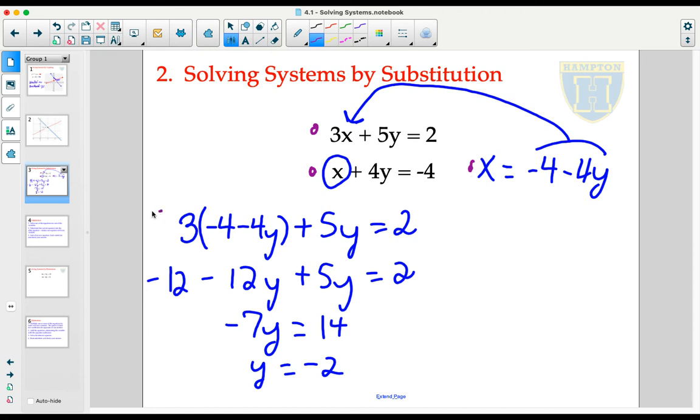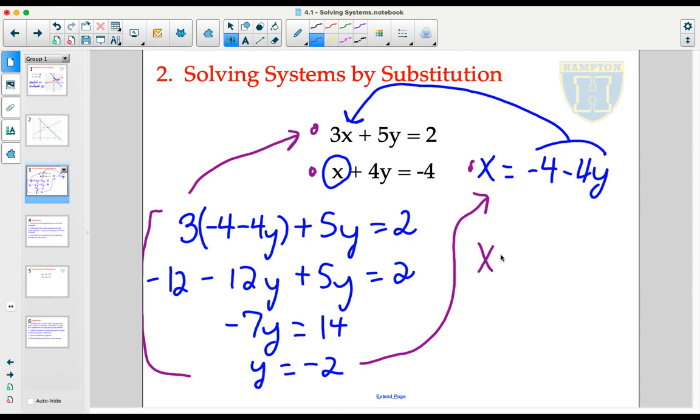However, because you did just work with 3x plus 5y equals 2, it's probably a good idea to not use that one. It doesn't mean it wouldn't work, but it's a little bit easier to catch mistakes if you try to back substitute that number into one of the other equations. For the sake of simplicity, it's oftentimes easiest to substitute it into that equation. Again, it leaves open the door for a little bit of if you made a mistake, it wouldn't necessarily catch the mistake because you're subbing it back into something else you used. But for the sake of expediting the process of solving a system by substitution, it's a fine place to sub